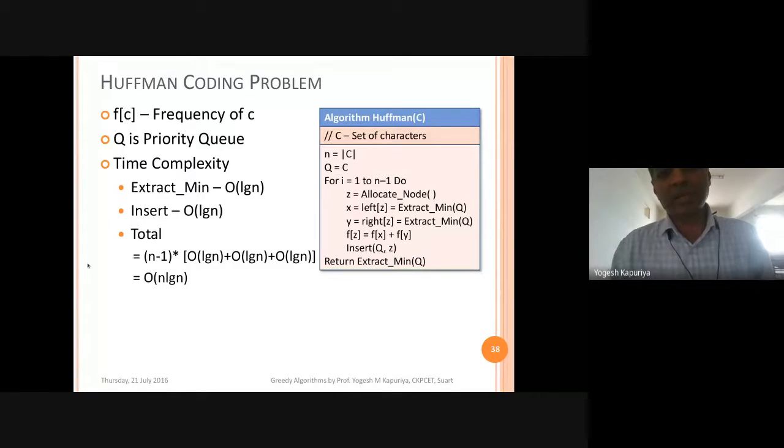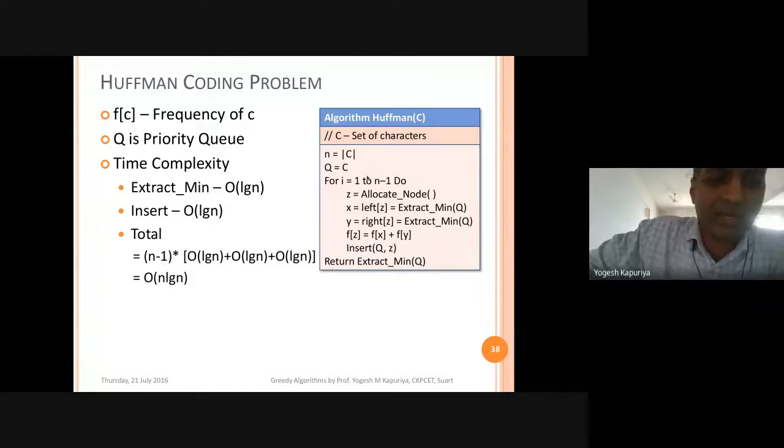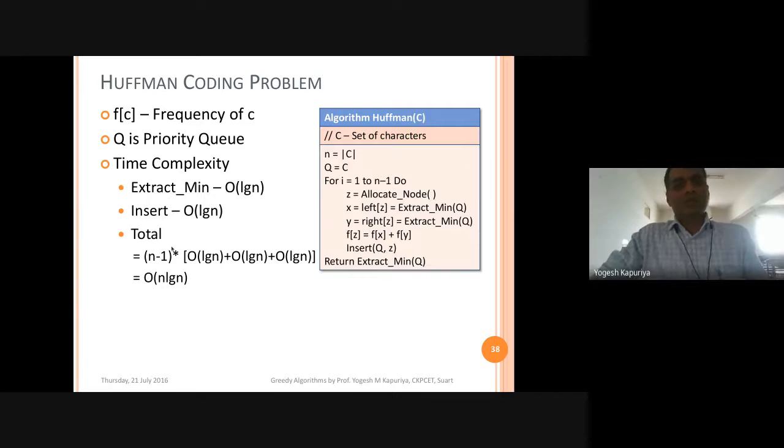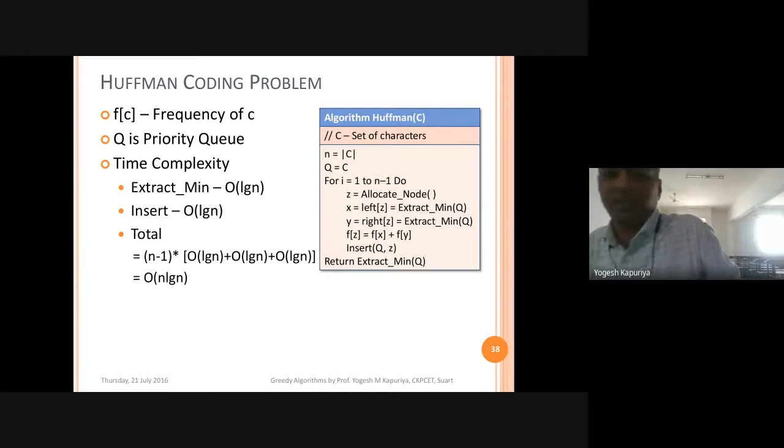Right? Remember, here we assume that we have the frequencies available with us. If you are passing some text over here and then calculating the frequency, the time complexity may be affected. Obviously, it's not going to be affected, because you will not require a nested for loop for counting the frequencies. It will simply work with a single for loop. So that will be big O of n, and big O of n plus big O of n log n will again be big O of n log n. So that is the time complexity of Huffman coding.